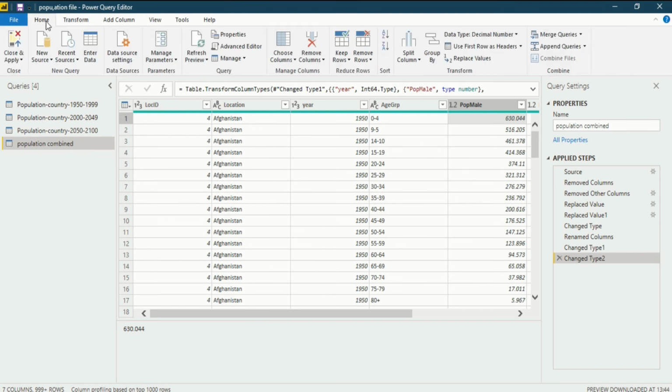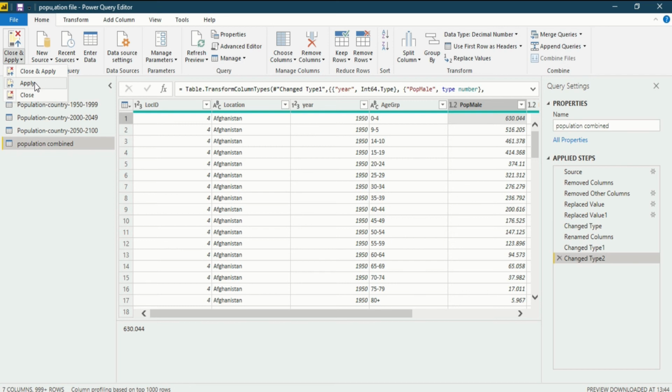Go to the home ribbon, you will see a section, close. Don't click on close and apply in the uppermost section, because when you click on close and apply, after applying the changes, it gets into the data model editor, where you could see the visualization but you could not see the errors that have been checked. While when we click on apply, you will see the error in the Power Query editor itself.